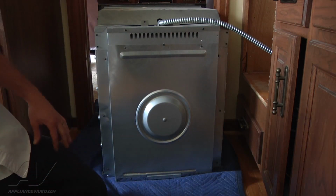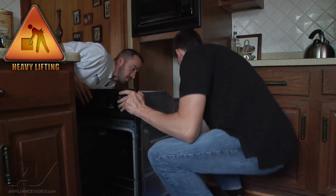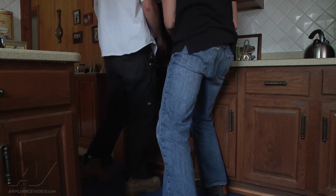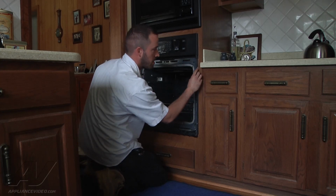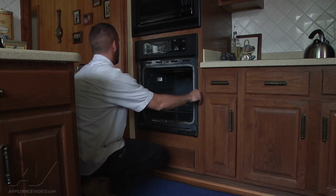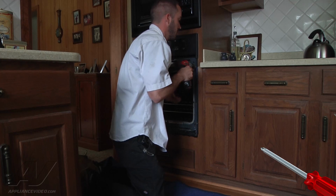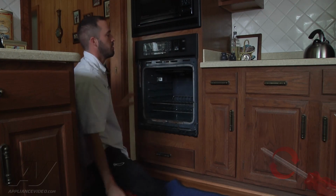Okay, now we're just going to go ahead and set it back up into the cabinet. Okay, we're just going to go ahead and turn it around. Just lift it right up into the cabinet here. Make sure it sits flush. You'll be able to see your mounting holes kind of line up for you. And then we're just going to go ahead and put our 2 mounting screws back in. Once we got it mounted,